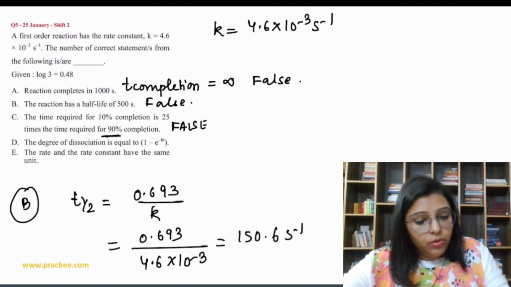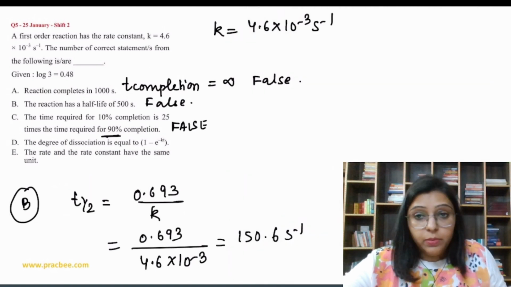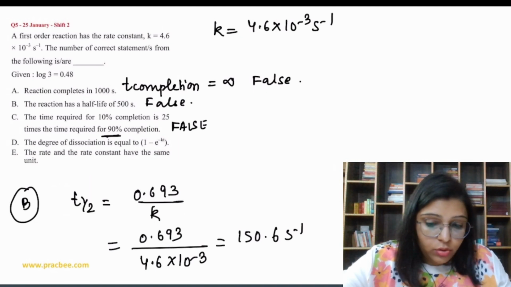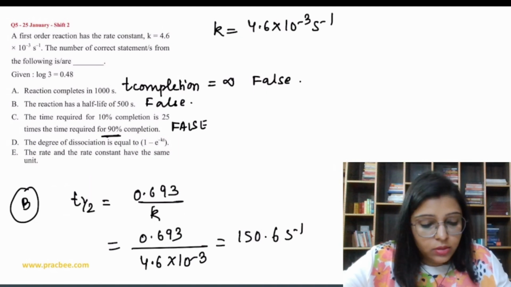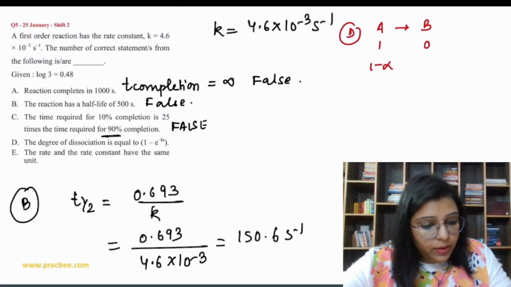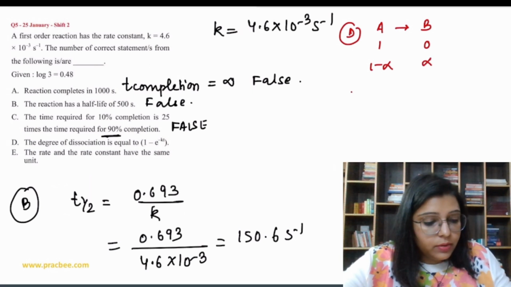Okay. Now let's understand statement D: the degree of dissociation is equal to... Fine. So how to solve this? Beta, dekho, suppose we have A and B. Suppose it is 1, then 0, then 1 minus alpha, and that is going to be alpha. Okay, so we know that